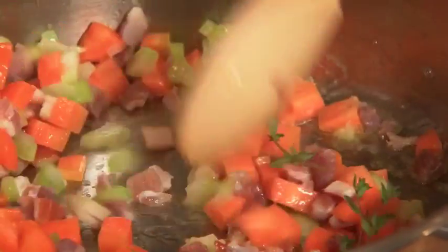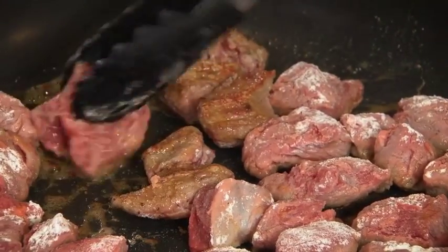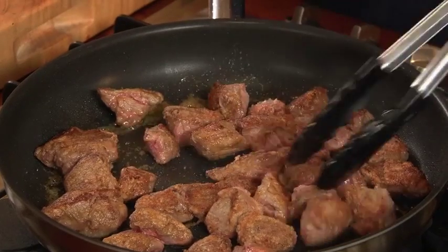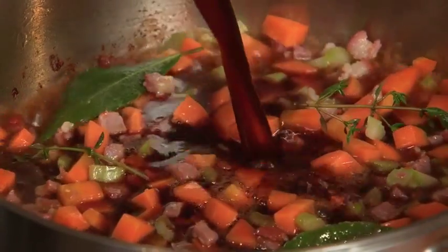Now I'm going to check the beef. So just a light little bit of brownness there. If you brown it off nicely here, it's going to give so much flavour into your sauce. So into our saucepan, we're going to use some beef stock. And then what I'm going to do, I'm going to flambe off the beef just with a little bit of brandy. So there's going to be brandy and then red wine, because that's what goes into your bourguignon,